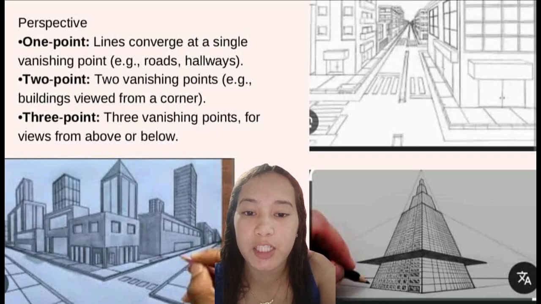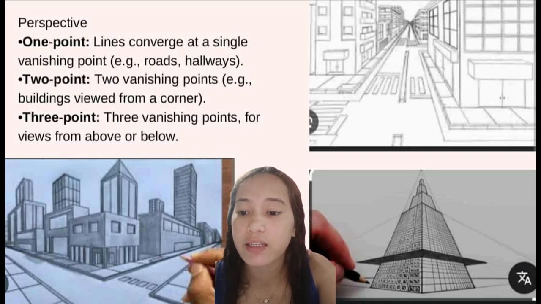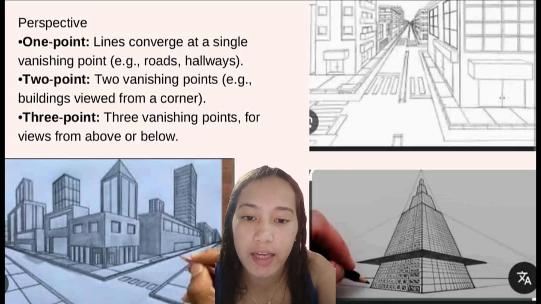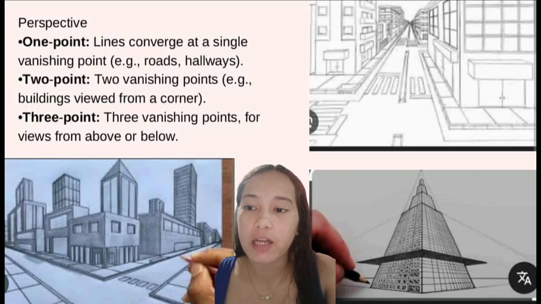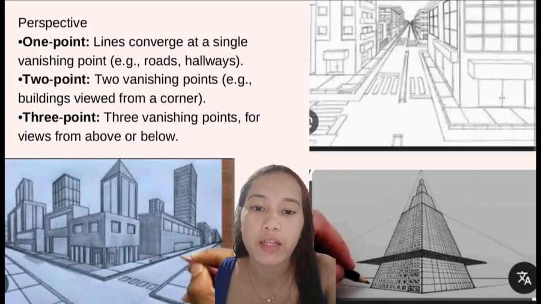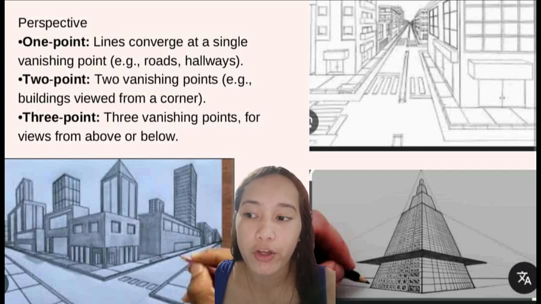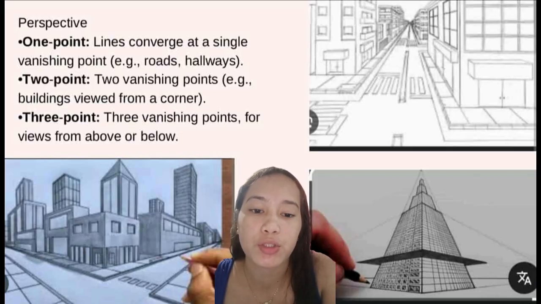And next is perspective. Perspective is an illusion using converging lines and vanishing points to affect object size and distance. Or perspective refers to both the techniques artists use to create illusions of depth on a two-dimensional surface and the different viewpoints or interpretations through which art can be understood.